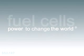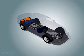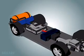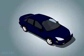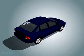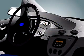Fuel cells have the power to change our world. At Ballard, we are dedicated to making fuel cell technology a reality, to replace the internal combustion engine in your car with a clean, quiet, pollution-free fuel cell engine. Fuel cell-powered cars look just like other cars on the road today, but they are cleaner, quieter, more efficient, and